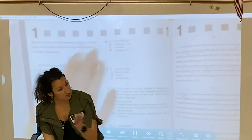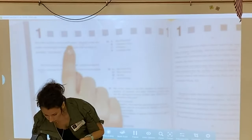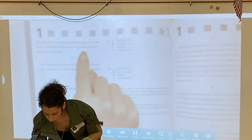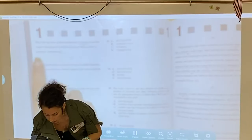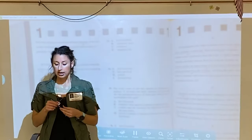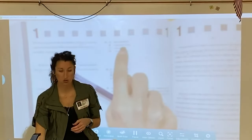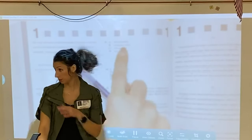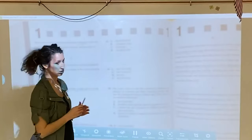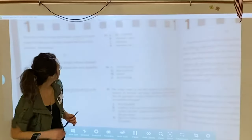Okay? But the next sentence also has to be complete, right? It can also require volcanologists to monitor volcanoes that are active or potentially reawakening. Now here's what happens. I can either go with B, because what does the semicolon really act like? A period. But this word here is going to, oh gosh. What do I do? But,